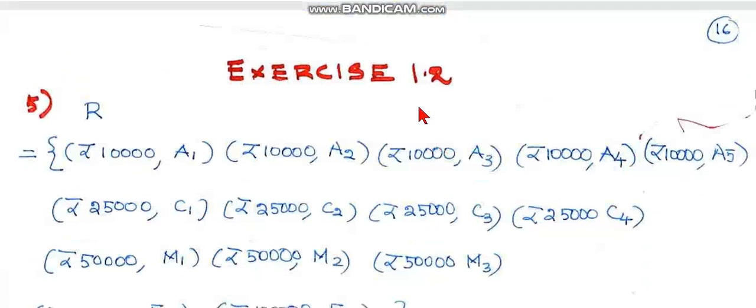Then exercise 1.2, fifth problem. A company has 4 categories of employees: assistants marked by A, clerks marked by C, managers marked by M, and executive officers marked by E. The company provides 10,000 rupees, 25,000 rupees, 50,000 rupees, and 1 lakh rupees as salaries to the people who work in the categories